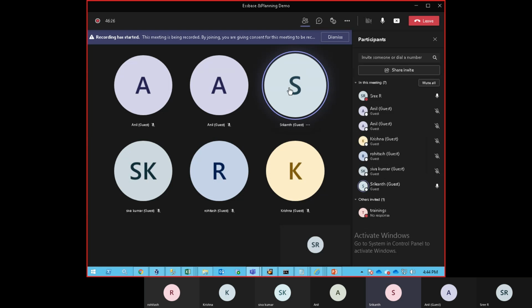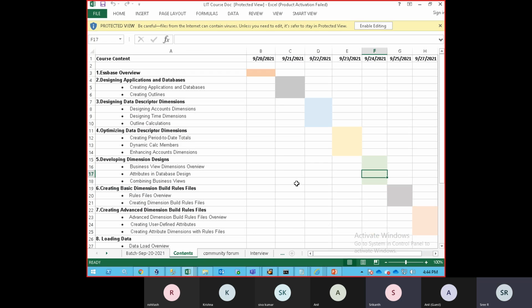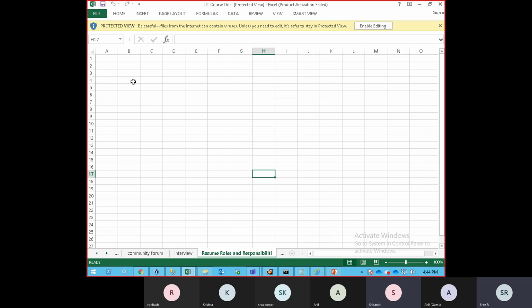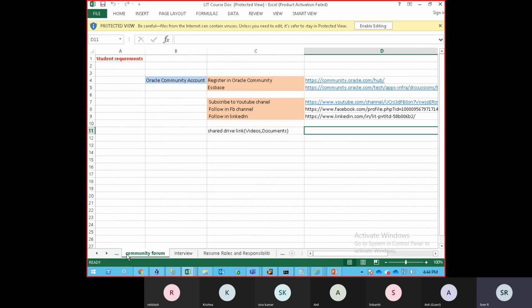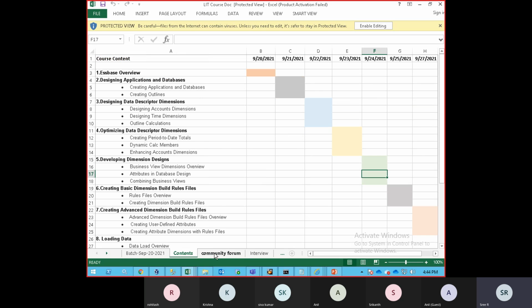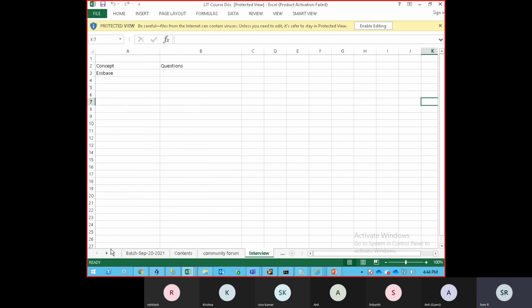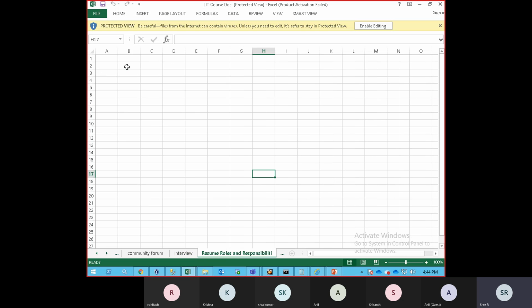Along with this course, will you also help us design the resume, prepare for interviews, and provide some kind of placement assistance? Not completely placement, but I am going to update the sheet, guys, with the resume roles and interview questions step by step. This template will help you a lot until you get your job. I'll update the resume roles and responsibilities and help you in designing that.